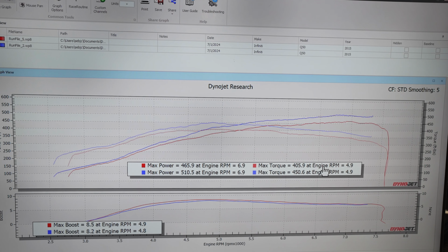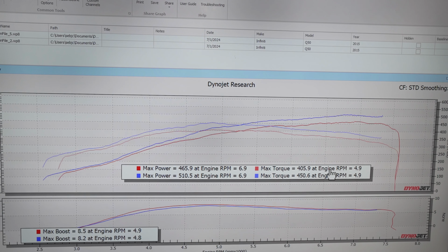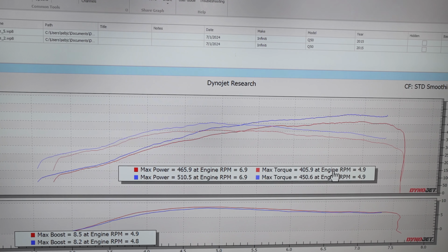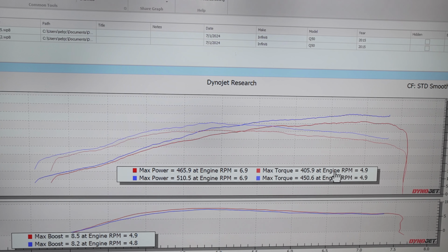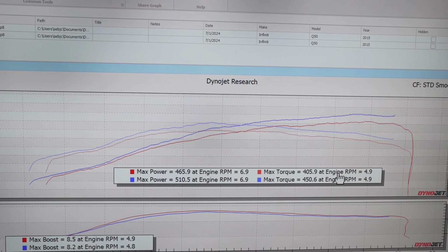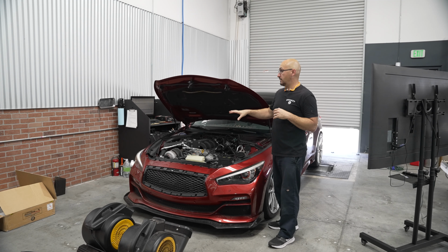Because we couldn't raise boost pressure on E85, we were really only able to play with our ignition timing and AFRs. So we got as much as 510, so about another 45, 50 wheel just by doing that. So yeah, maybe a little bit of homework Luis can do, changing potentially again the turbo